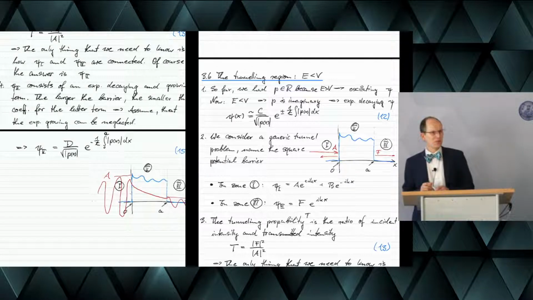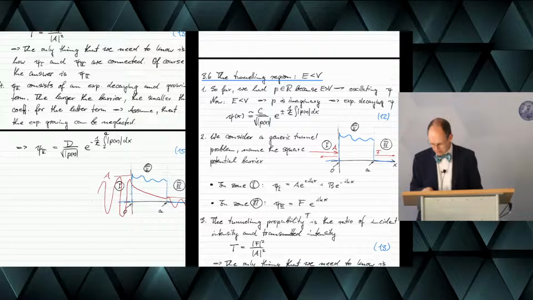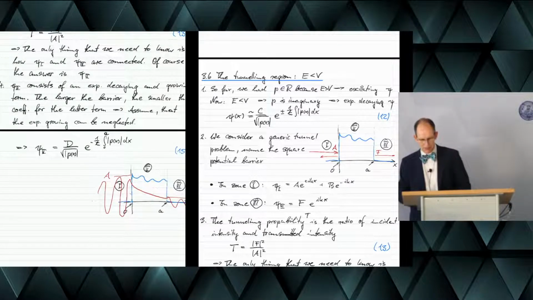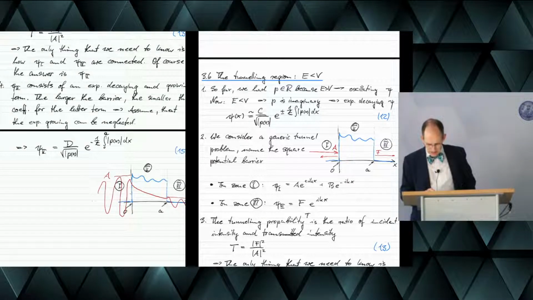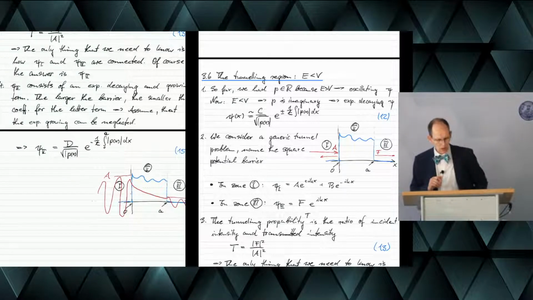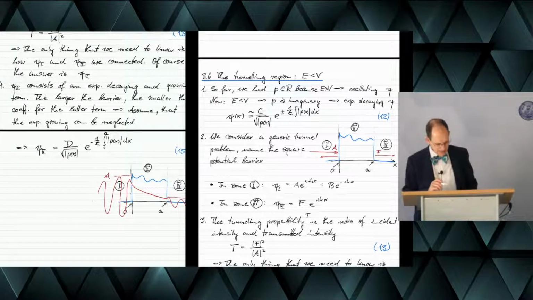Well, with this, it looks a little bit ugly. It looks as if we would need to do these continuity or steadiness conditions here and fit all these wave functions to each other. But actually we don't need to do that because it's basically equation 15, psi 2 only, that gives us that ratio. We just need to evaluate this at this point and at this point, and we are done. So from this we get already the ratio of F and A.